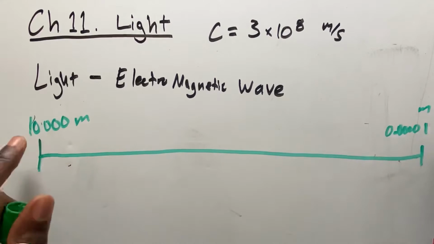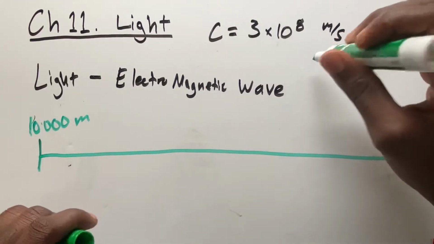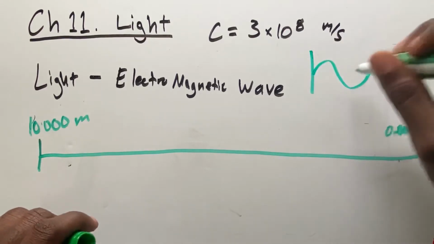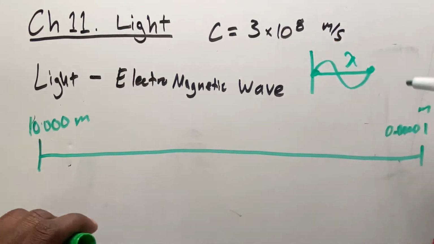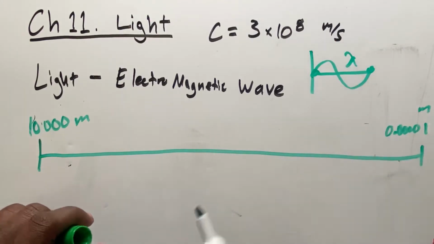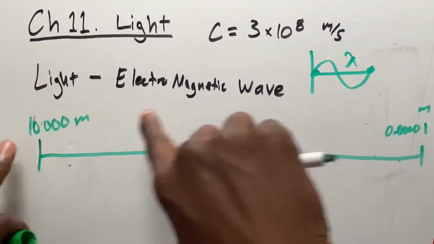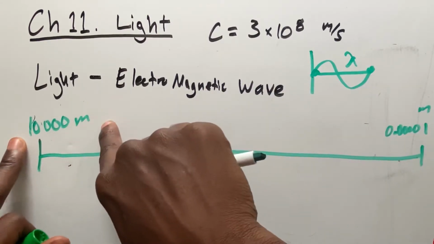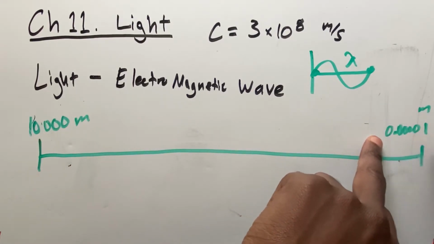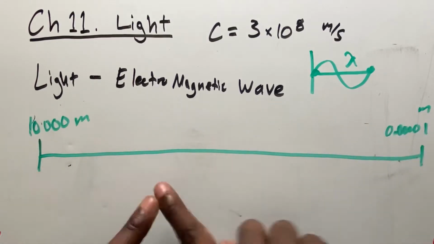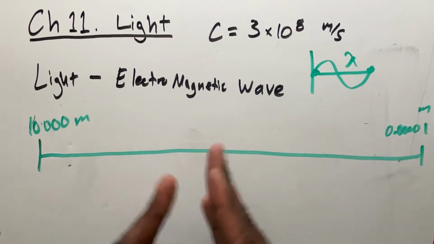So you can imagine this top as the wavelength. So the wavelength of a wave, where the wavelength, remember, was this here. So the distance from there to there is one wavelength. So you can imagine this wavelength as 10,000, or this wavelength being really, really small, so 0.0001. So that's like the whole range of light there. And of course it goes on in both directions, but this is the main spectrum here.